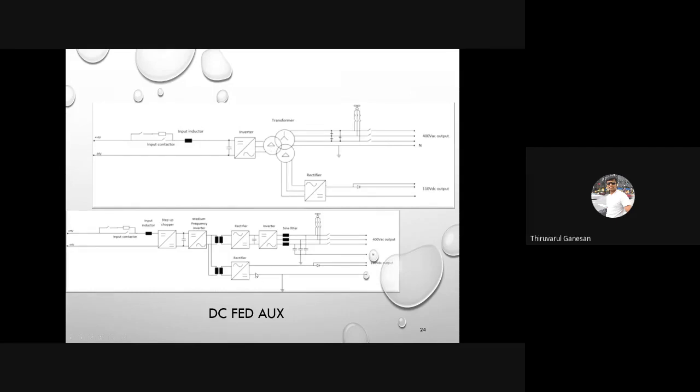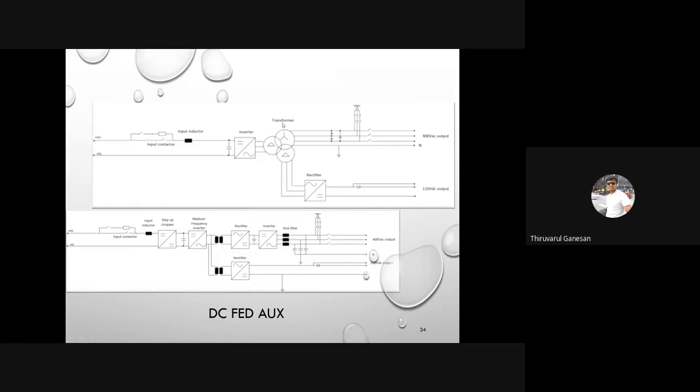And the second one is the most robust and most advanced one. It will be used in most traction battery charging systems. Here you can see it's similar to the previous portion, with a step up or step down chopper, a medium frequency inverter, a rectifier portion, and an inverter with a sinus filter. And here, you're getting your AC output from the medium frequency inverter and rectifying it, and you're charging your battery system, that is 110 volt.